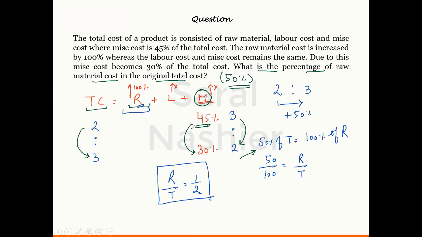And as I told you, even if the percentage of labor cost was given to us, we would have worked the same way. Even if the question asks what is the ratio of the two percentages of the labor cost initially and in the new case, you can still say they would also be in a ratio of 3:2. Anything which will not change, but only the percentage changes, would be in the same ratio of 3:2 in the entire mixture. I hope you understood this question now.